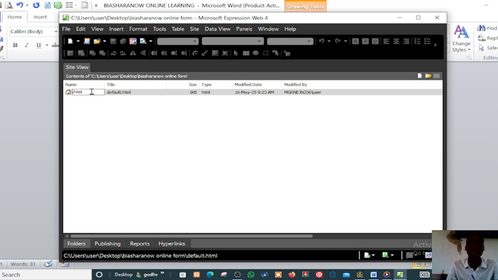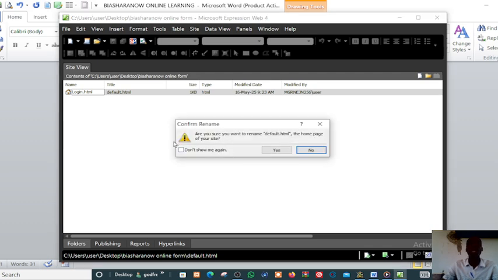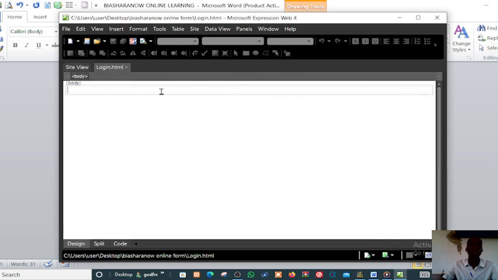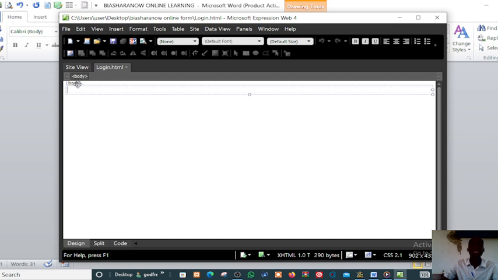We shall connect them together. We call it login. Login.html. Login form or login page.html. Then you click in space here in this white area. Then it will ask you to confirm whether you are ready to save or to change the name. You say yes. Then after you open this page by double clicking on it, then it opens, then you start